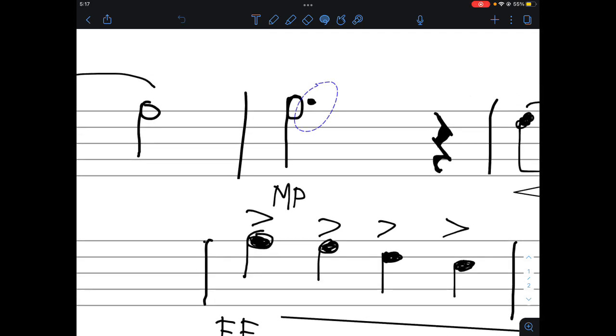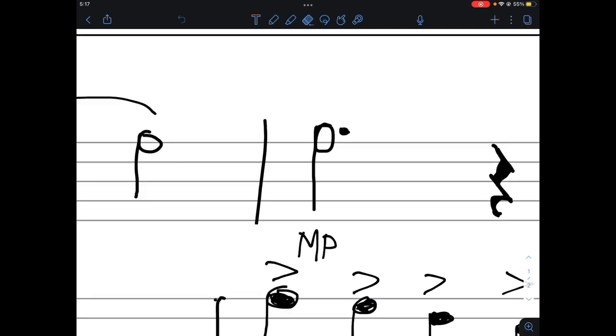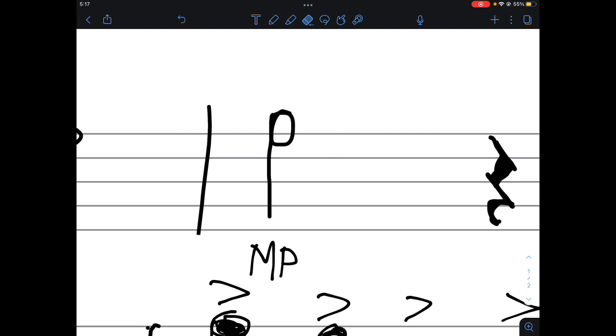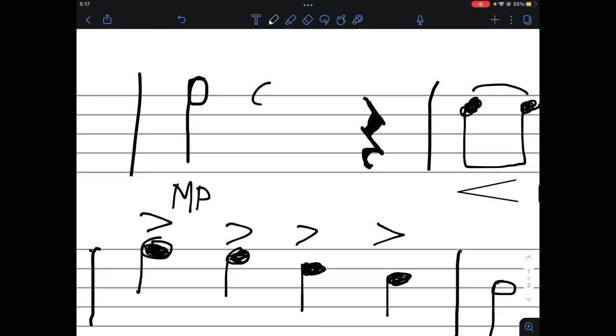If you've seen this, it basically just means you're playing this for an extra note. So I'm going to ruin my perfect thing. So this could also equate to this without having to change bows.